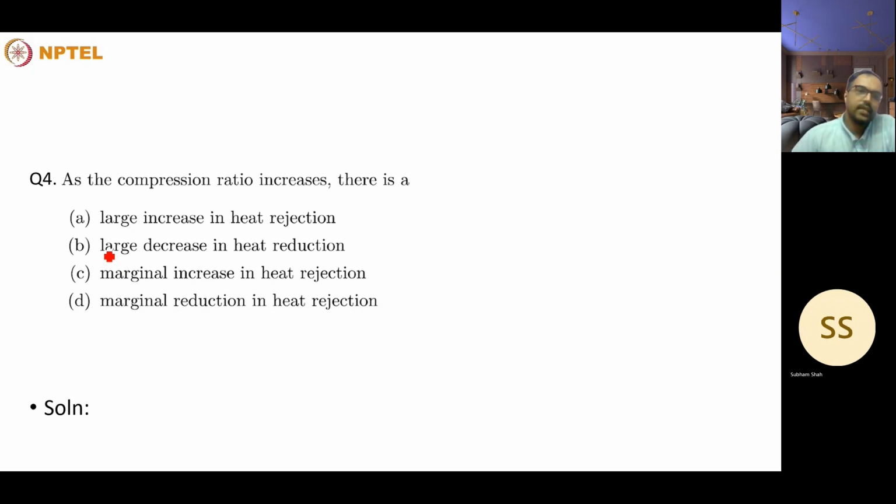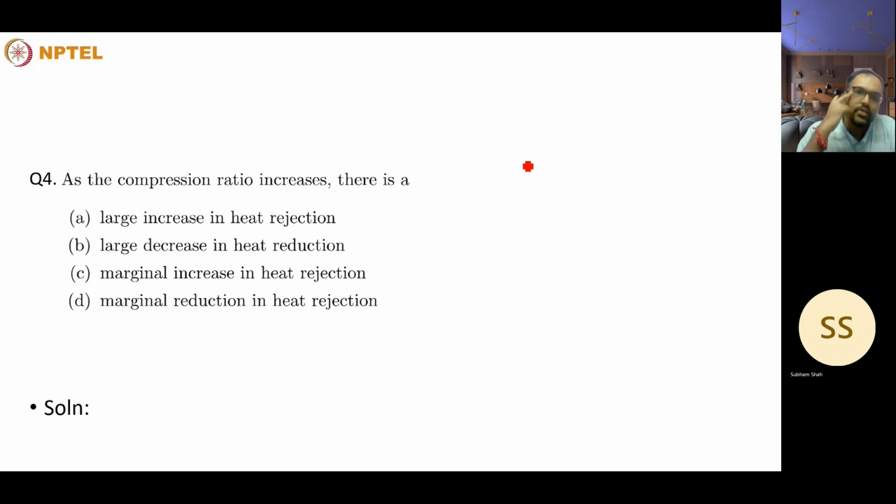So what we can say is that as the compression ratio increases, for an SI engine there will be an increase in efficiency, and the efficiency is directly proportional to the work output. And for a constant heat input, work output increases slightly. It can't keep on increasing. There will be a peak point where the work output increases. But for the same heat input, work output increases and correspondingly